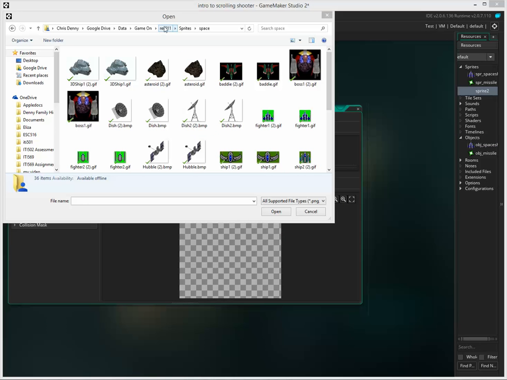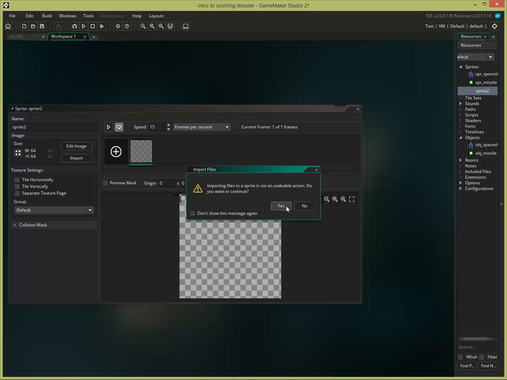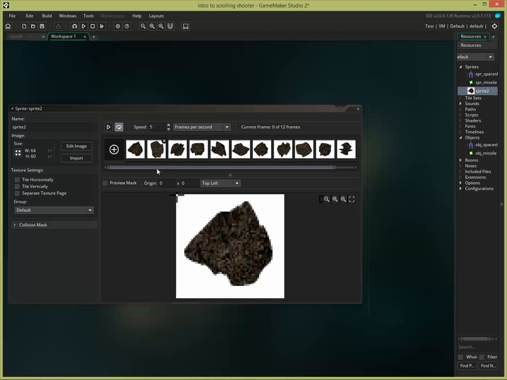Okay, so in this folder in the Game On resources, you've got an asteroid. By the way, these are just a data pack that used to be with the 8.1 Game Maker. So anyway, we're going to choose the asteroid, which again is a GIF file. You say yes, and here you can find there's a number of asteroids in the animation, or number